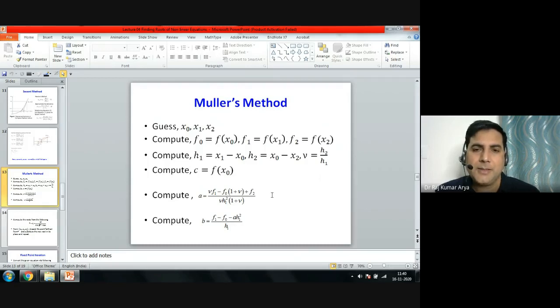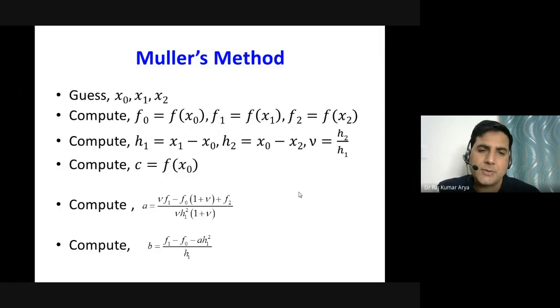So another method to find the roots of nonlinear equations is Euler's method. Previously we have studied your bisection method, regula falsi, secant method, and Newton-Raphson method. Of all of them you studied, bisection is always bound to give you the root.